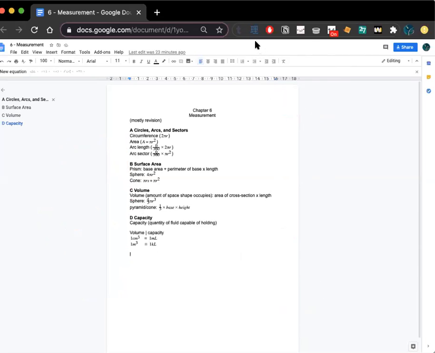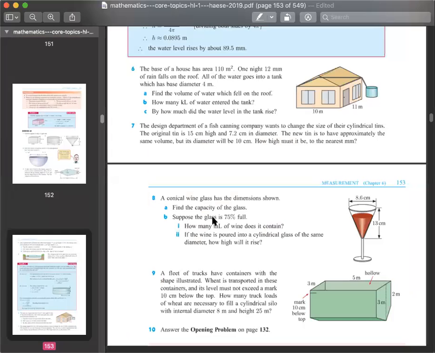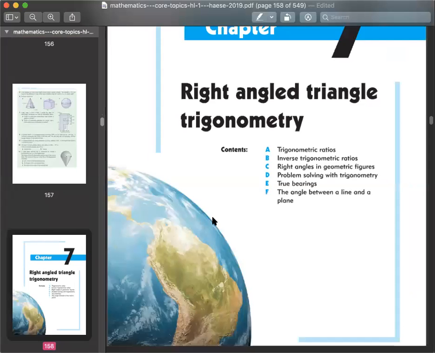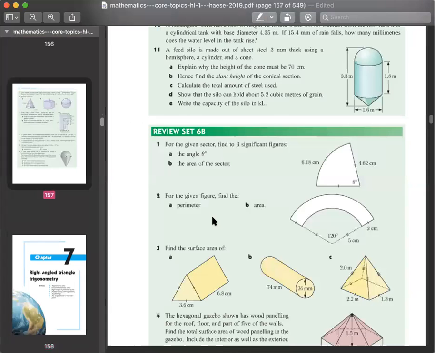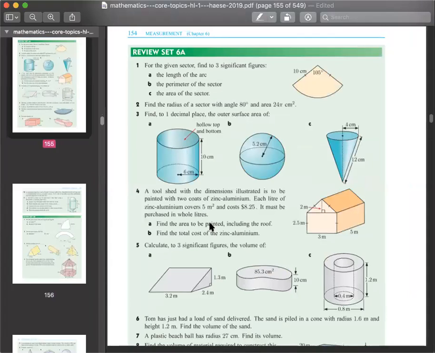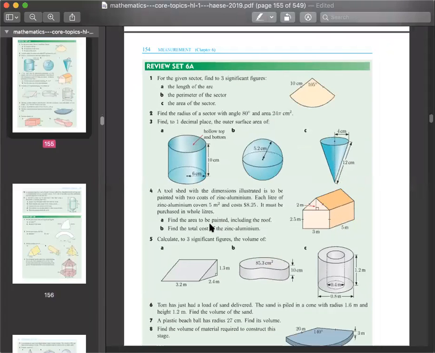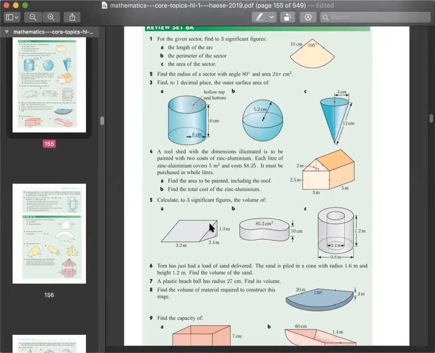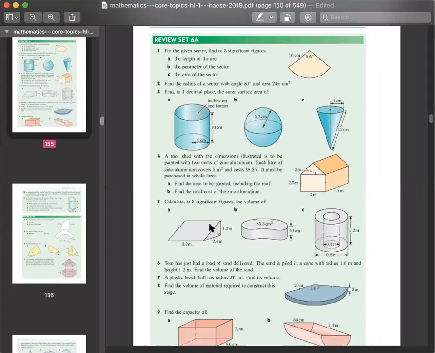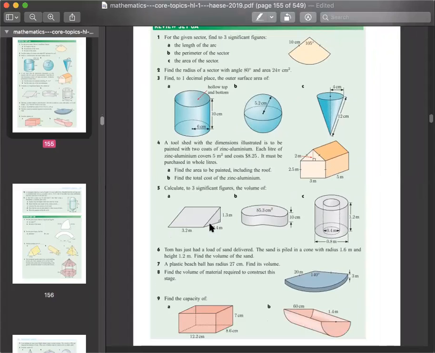Okay, so for this, it's probably better to just jump right into the questions. There we go. So can do